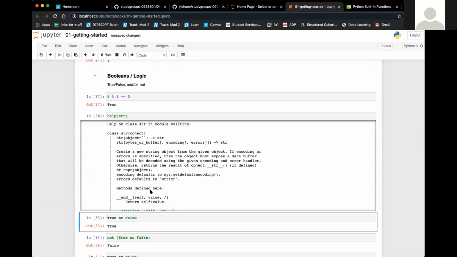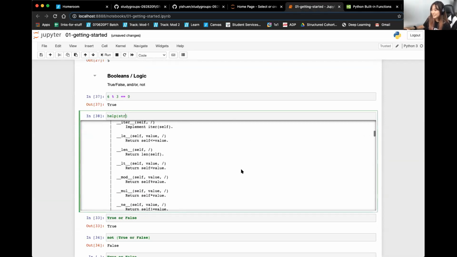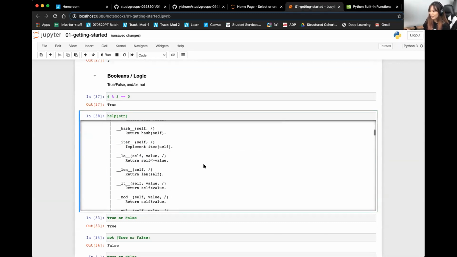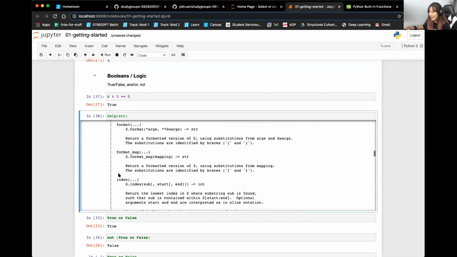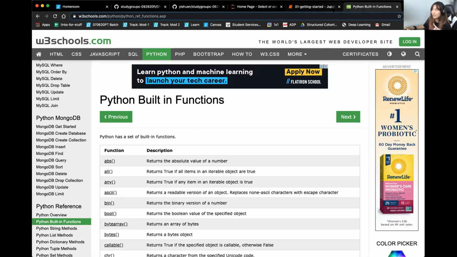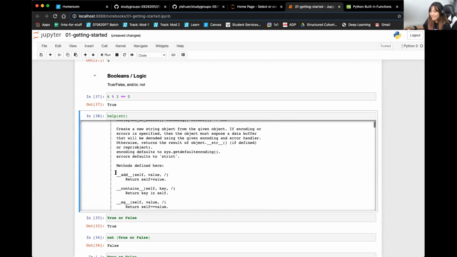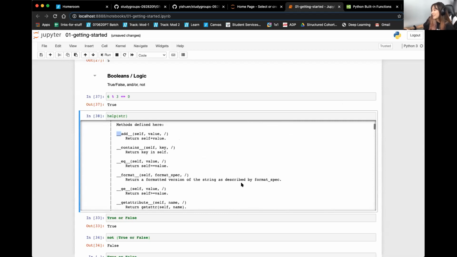Python built-in documentation will literally pull up the back-end code of Python and show you what's there. So you can see all of these methods that you have here. But if you scroll down a little bit more, I think these are all the same methods that we have in the W3 Schools link that I just showed you all. These double underscore methods are called dunder methods. We actually get to this a little bit in Mod 3. These are basically,